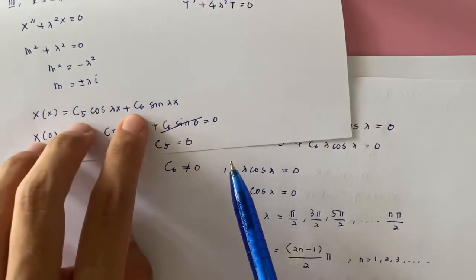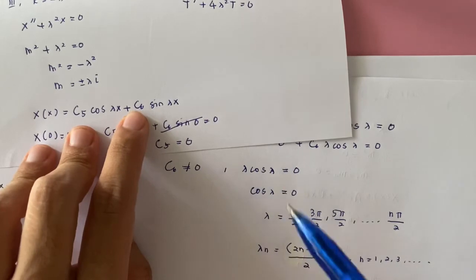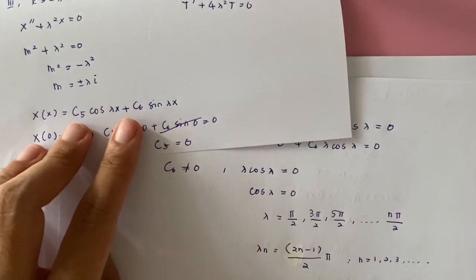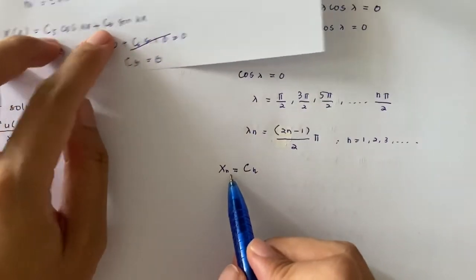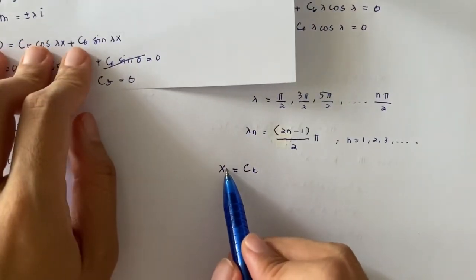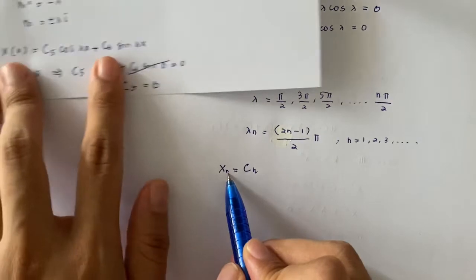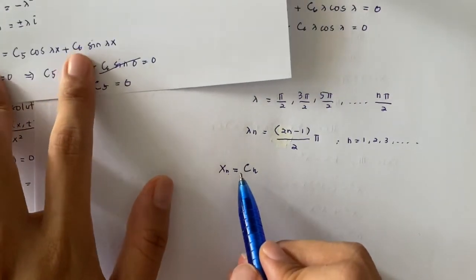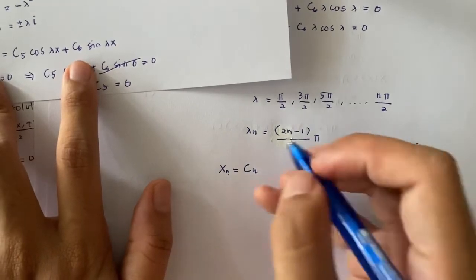So we just have c6 here. So c6 will be cn, because we want to write this xn in general form. We use xn instead of x. Here we use xn in general. So c6 will be cn sin